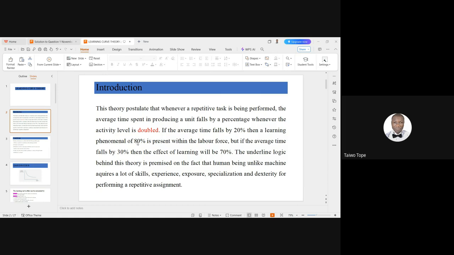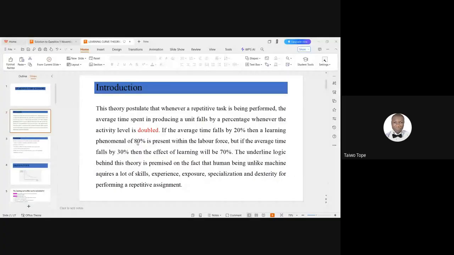So when we talk about learning curve, please you can write, because sometimes when I'm teaching, I might not always talk in relation to my slides, but certain things I'll be saying might not be in my slides, so you might need to put them down because they might also be helpful to aid our understanding.